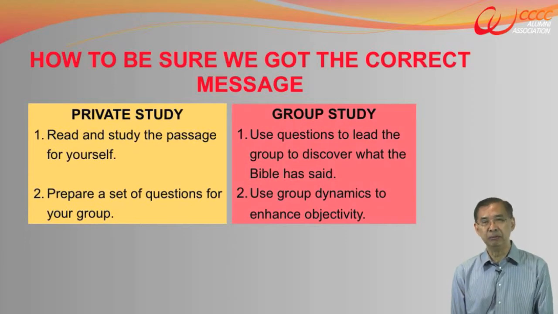Objectivity means when different people looking at the same data, even though they're different people, they will come to the same conclusion. So if you have a non-Christian sitting in that group, if you have a non-Chinese sitting in that group, you have a person from a completely different culture, they all look at the Bible, they all agree that's what the Bible is saying. Voila, you got it. This is objectivity. So the group dynamic is not just to get people to talk, and definitely not to share the ignorance, but to arrive objectively at the teaching of the Bible.